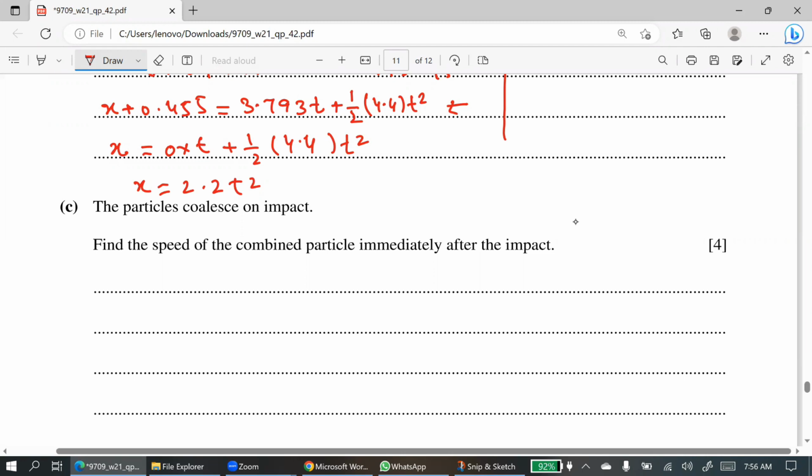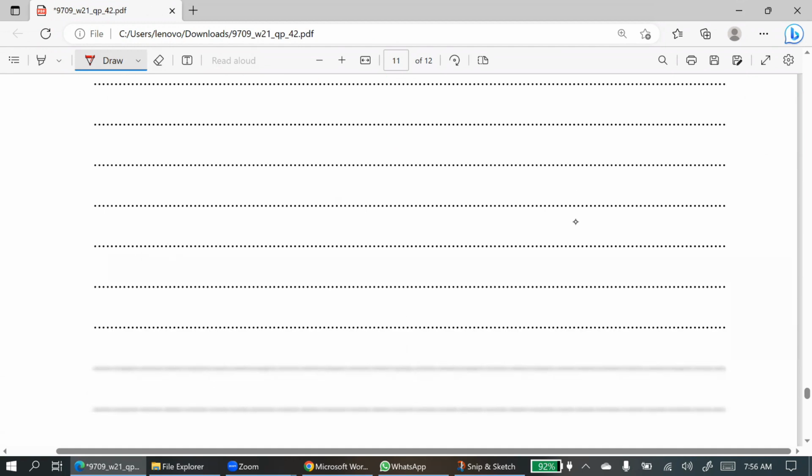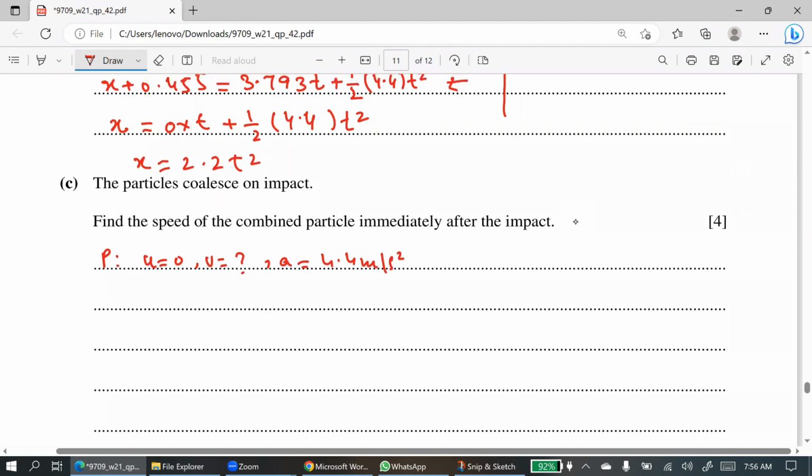Now part C: the particles coalesce on impact. Find the speed of the combined particle immediately after the impact. First of all, we will have to find the speeds of the two particles just before the impact. For P, the initial speed is 0, the final is the requirement, the acceleration is 4.4 meters per second square, and the time before the impact from the start of the motion for P is